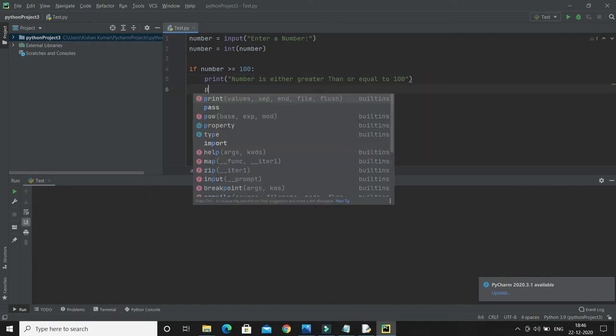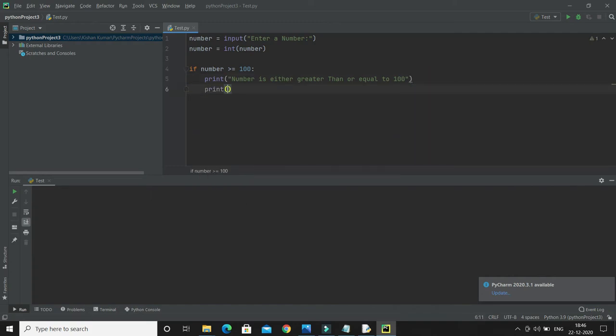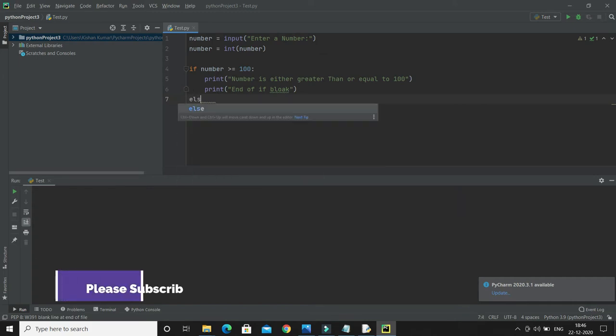And a second statement also I would like to put, because we are trying to understand how indentation works in Python. Here I would say end of if block, right? And let's write a corresponding else block as well, right?